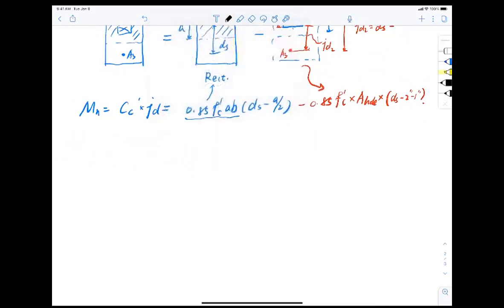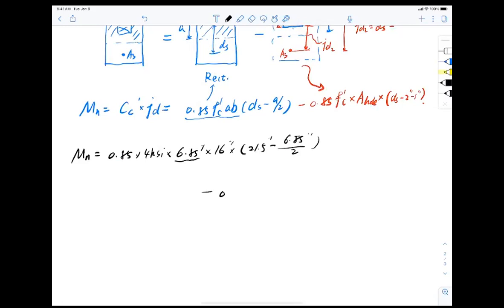Finally, I said, look, Bob, let me just use this equation. So 0.85 f'c, plugging the number in, 4 ksi here. What is a? 6.85 inch, we just calculated previously. And b is 16 inches, and the ds is 21.5. Everything's given. Now a, 6.85 again, divided by 2, and minus 0.85 f'c, 4 ksi,